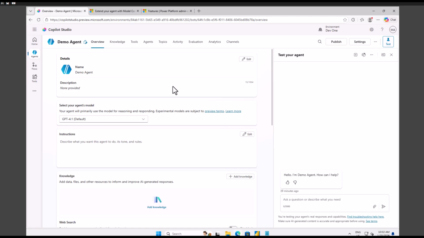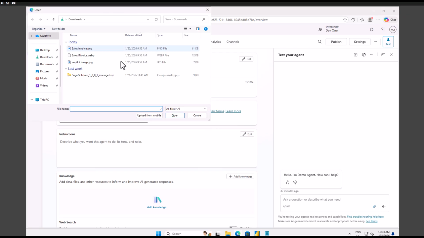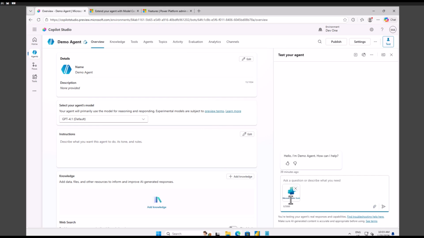Now in this video, we'll see how we can leverage this image attachment button in Copilot Studio. Currently I have opened my test your agent window. Here you see I have this upload button. When I click on this button, I have a demo image of my Copilots. For example, let me open this, and if I go to my file explorer,